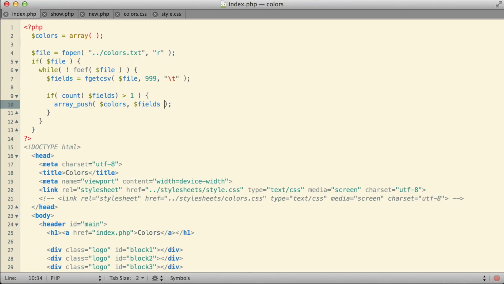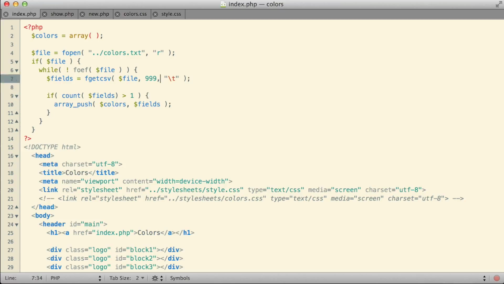Colors itself is an array, kind of the overall master array, and stored inside the colors array as each of its values I have subarrays. Each of these subarrays that I'm referring to here as fields contains the actual data for the colors themselves. So a two-dimensional array, an array of arrays, is what I'm ending up with here.